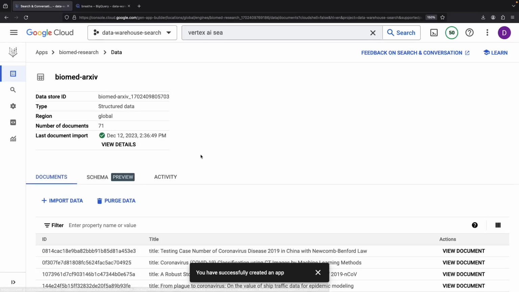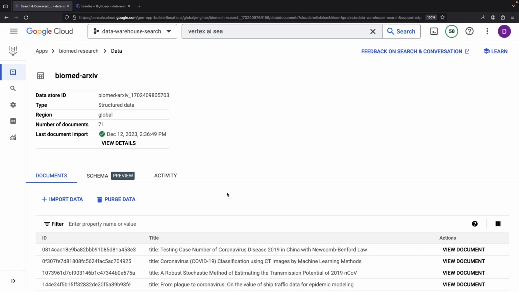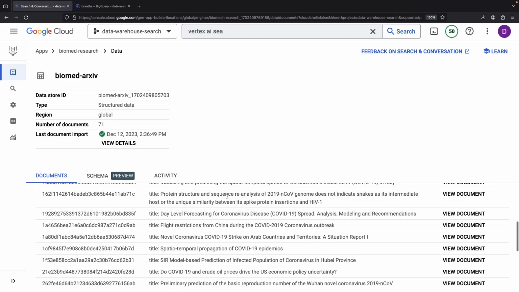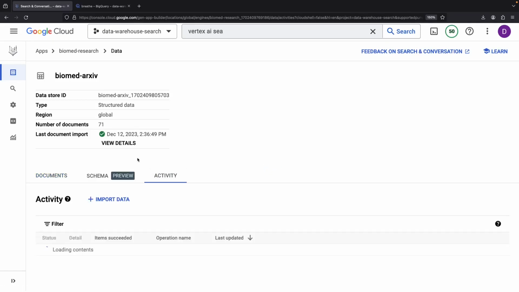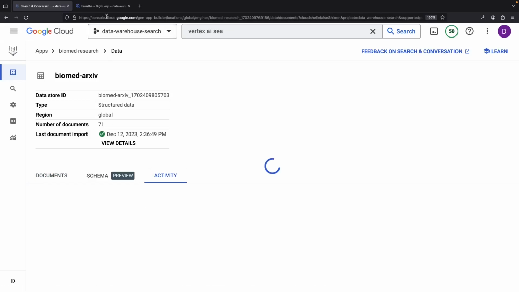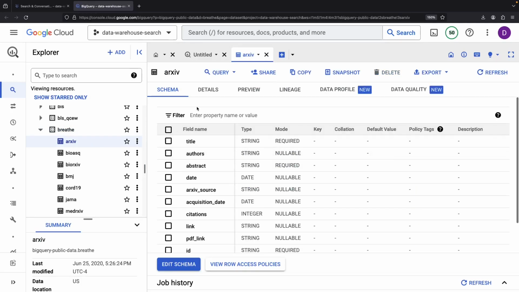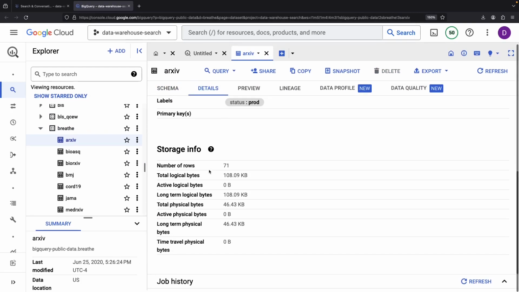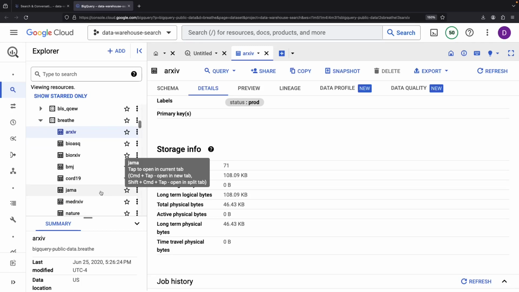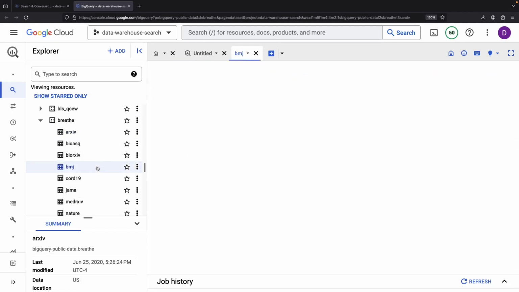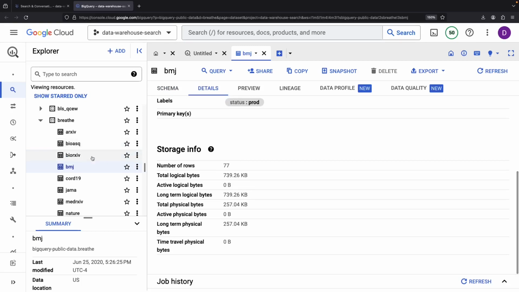The indexing can normally take some time, but we only have around 71 records in this table, so it was a fast import. Let's cross-check to confirm that our raw dataset matches. Sure enough, perfect match. To highlight using multiple tables in the AI search experience, let's add another, this time larger,